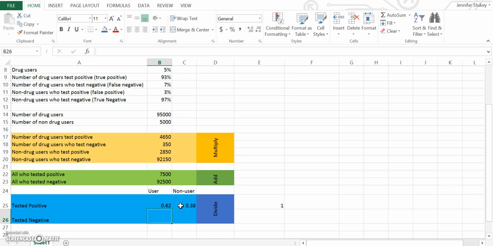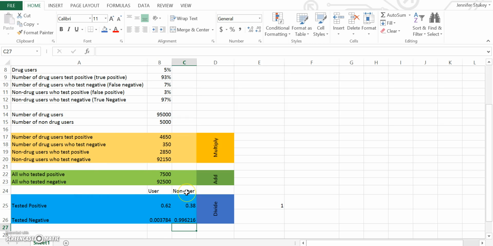All right, so now let's calculate the number who tested negative. So we're going to take the number of users who tested negative, which is 350. Oh, I forgot to put my equals in. Here we go. Take the 350, and we're going to divide that by all who tested negative. Okay, and then we are going to take the number of non-users who tested negative. That's your 92,150, and we're going to divide that by all who tested negative, which is 92,500. Okay, and so we find that the test is pretty accurate